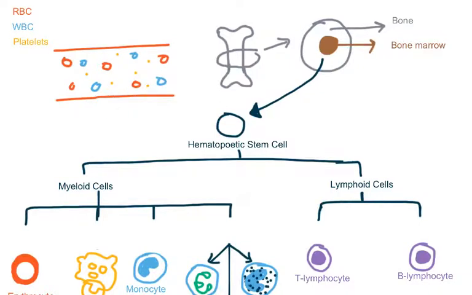Even though these cells are found in the blood, they are not made there. The cells inside the blood are made in the bone. If you take a cross-section of the bone, you will see that on the inside of the bone there is a central cavity. Inside this cavity is a spongy tissue which is called bone marrow. Bone marrow is where all of these cells are made, so it is the site of hematopoiesis.